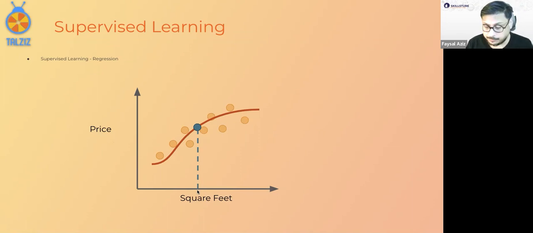Well, it's quite simple now, isn't it? It's not really that hard. All you have to do is just plot the corresponding price, which is over here, whatever this may be. This is a prediction. Although this data does not exist for this square footage, if this square footage was given, it would detect the price.